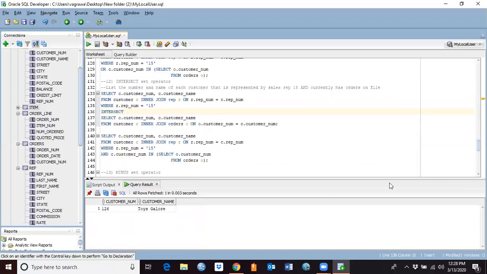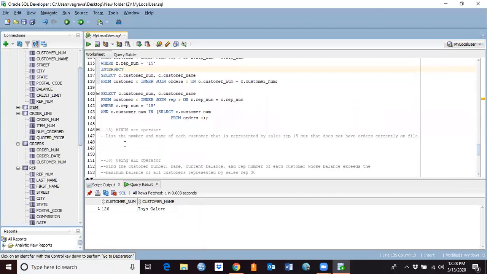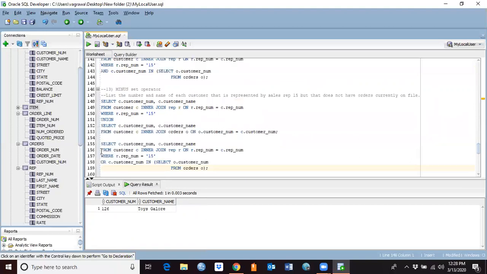Okay. Now the minus operator leaves the number and name of each customer that is represented by sales rep 15 but does not have open orders. So you are taking set 1 and subtracting the common element using set 2 here. So I will again use the same concept here. All you have to do is do minus here, and here, okay, so this is number 13 here, and we're going to say here minus